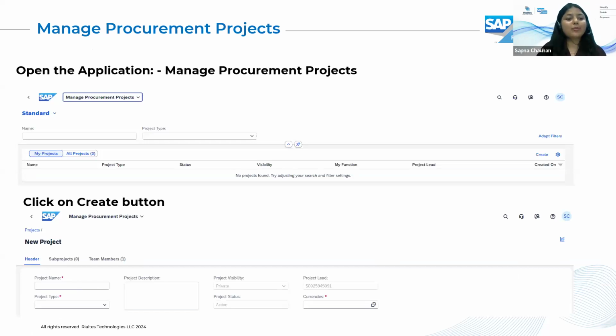Then we have project type. When you drop down the field, you will see three options. The first one is van, the second one is forklift, and the third one is truck. Procure van means procurement of delivery vans and service vehicles. The second one, forklift, means procurement of warehouse materials and transport equipment. The third one, truck, means procurement of logistics or long haul transport trucks.